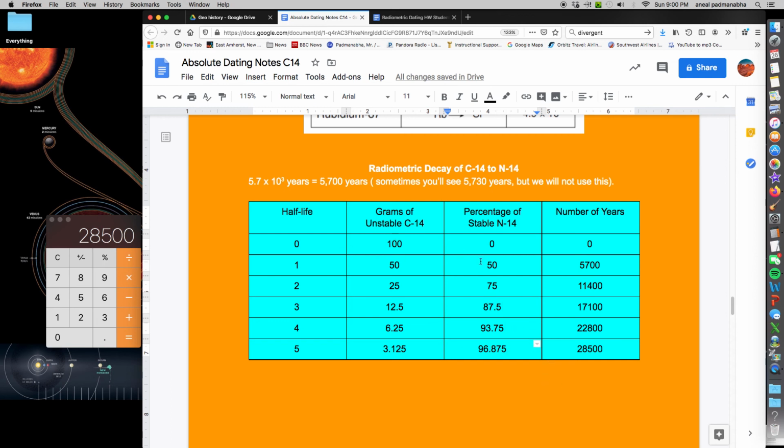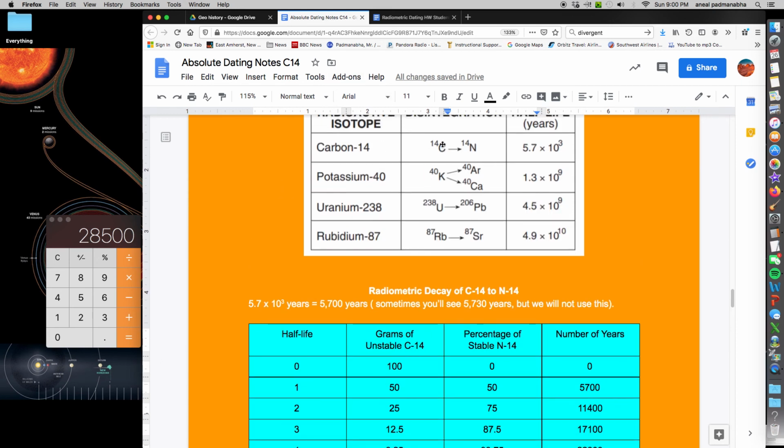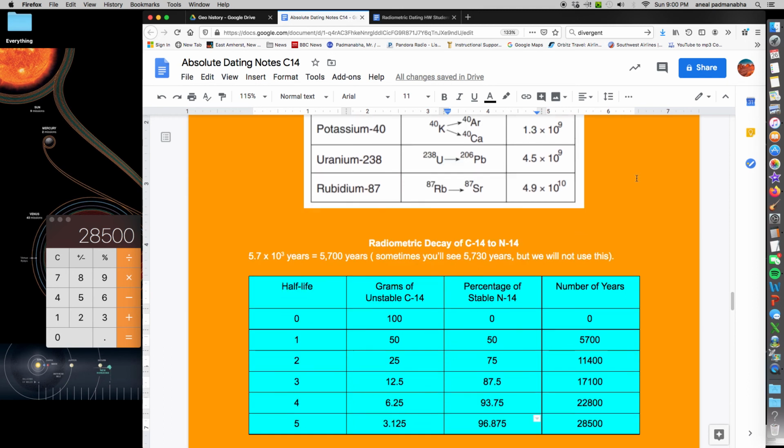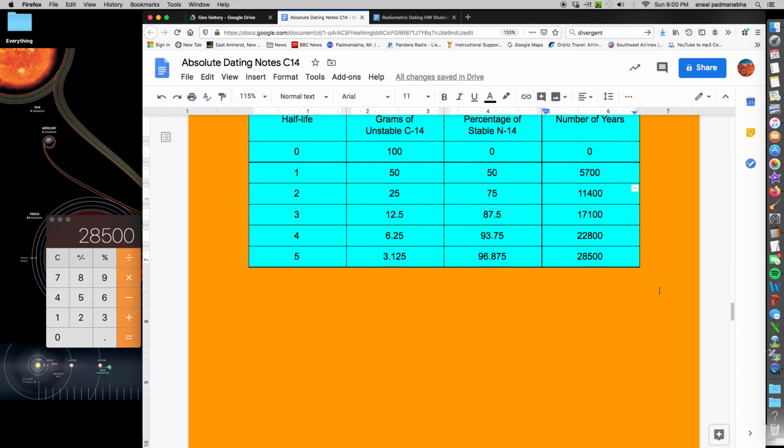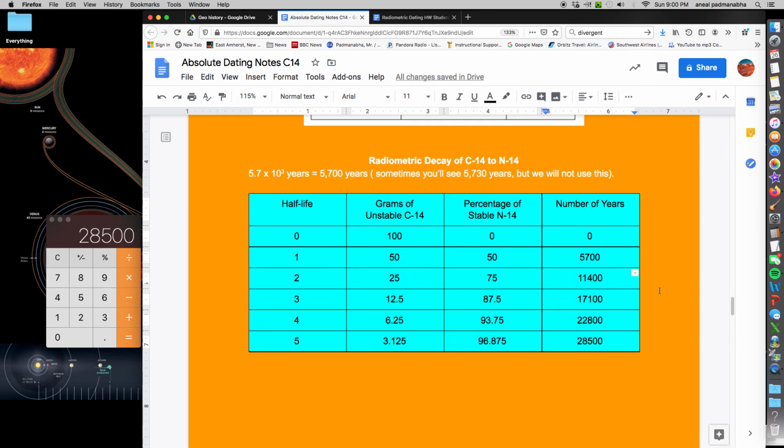So this is how this chart works. This is the data table that we filled in. So when we talk about carbon-14 disintegrating into nitrogen-14 taking 5,700 years, we're able to find out, by looking at the percentages, and that's something you'll see in the answer key on Friday, how this tells us how old something is. So for your homework tonight, what you need to do is you're going to go to your